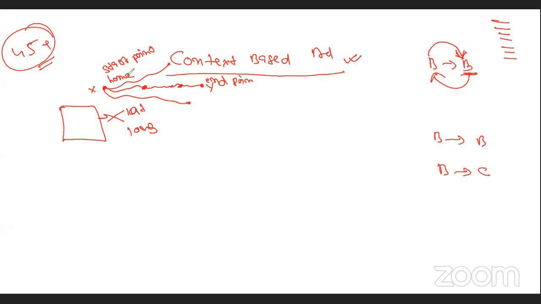You will try to stop maybe at a point X1, maybe at a point X2, and then you will reach your destination Y. So for sure, in between this particular route or path, whatever